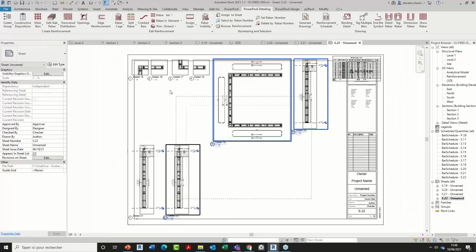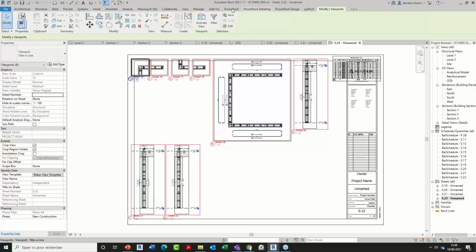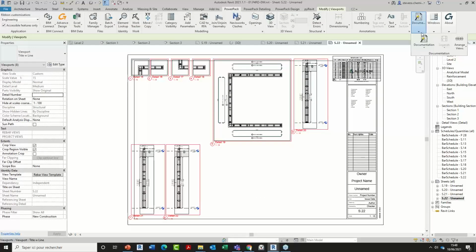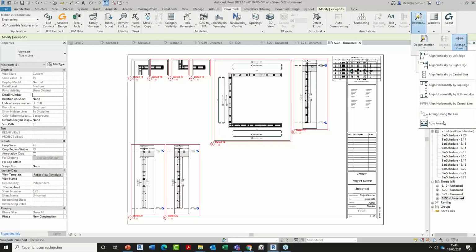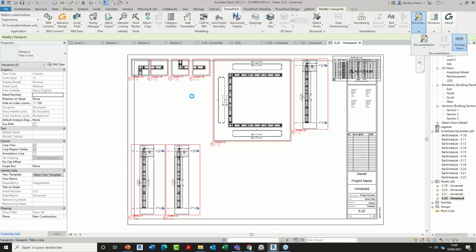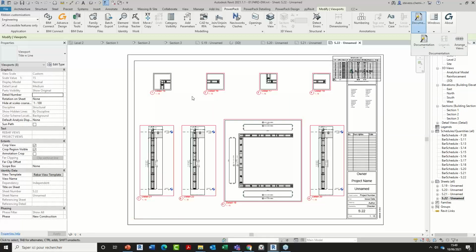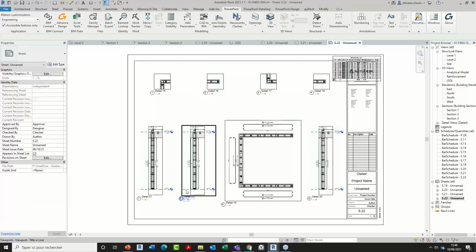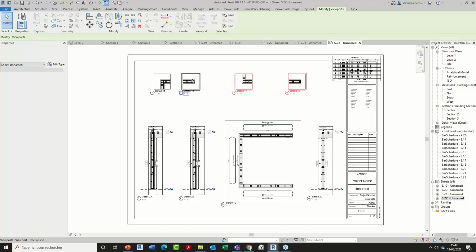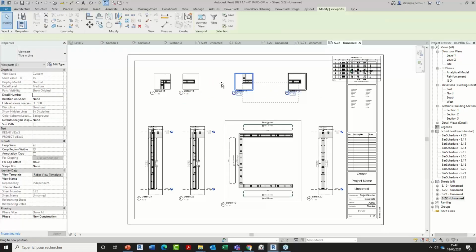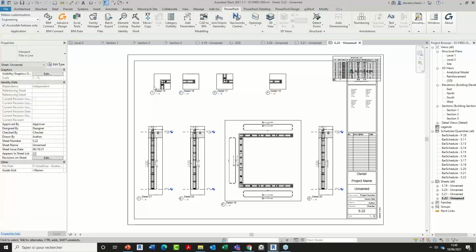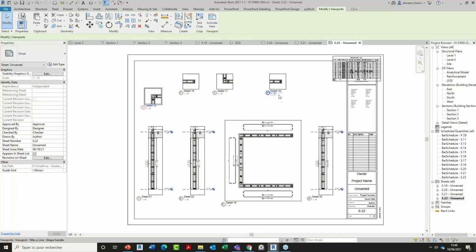By the way, you can also use a command of our Power Pack tool, which is this one, auto-arrange views, which will optimize the placement of those views in the window. So it's interesting to use it in addition, because we have those commands available in our Power Pack.